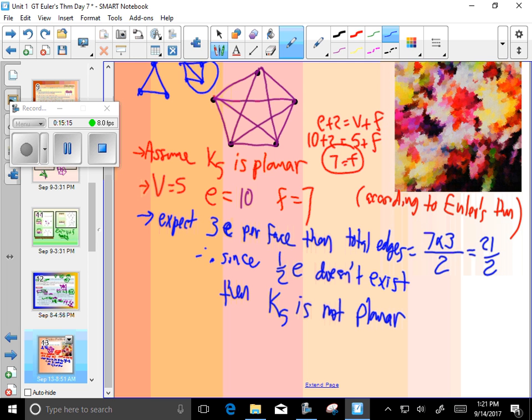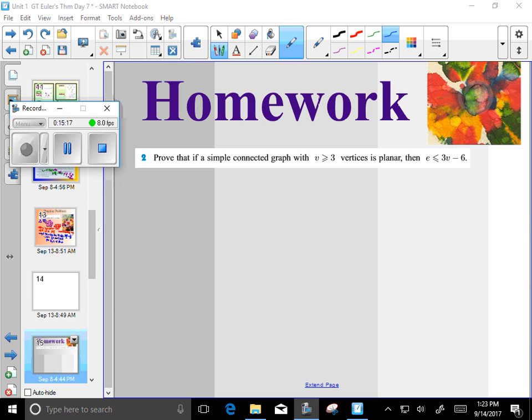Prove that if a simple connected graph with v greater than 3 vertices is planar, then E is less than or equal to 3v minus 6. So we're assuming that it is planar. So I would say if your graph G is simple and planar,